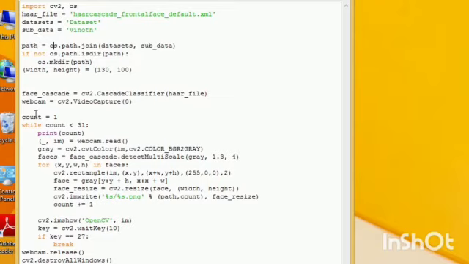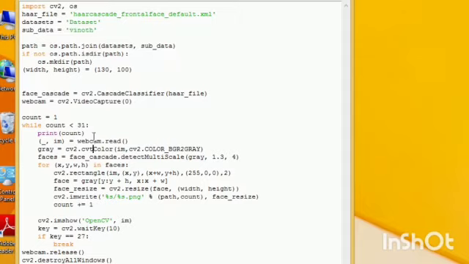Then I need to initialize the webcam, using the code webcam equals cv2.VideoCapture, and next I need to initialize the count. Here the count I gave is 31. You may ask why I particularly gave 31. It is user defined, you can give 31 or 41, or if you need more accuracy, you need to increase the count to 81 or 61. It just takes some more time compared to 31. Here this 31 represents that it is going to capture my image 31 or 30 times and store the data in the subdata folder, that is Vinod.